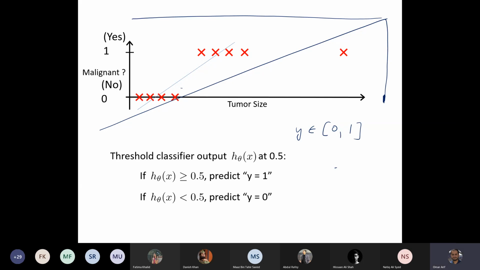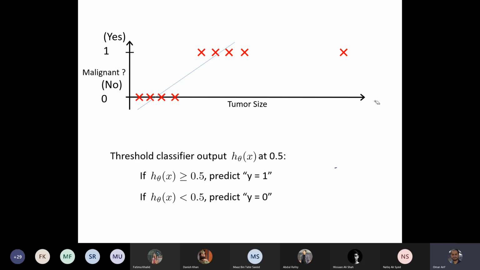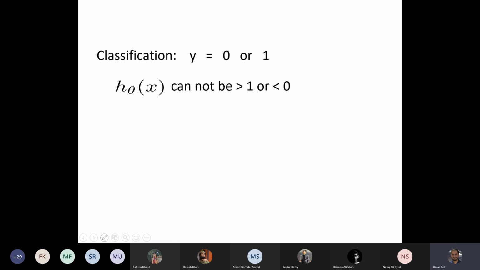So what do we need to change? We need to change the hypothesis. We want a hypothesis which gives us a value between 0 and 1. Why? Because we know the ground truth value is either 0 or 1. So the number one thing that we are going to change in linear regression is the hypothesis, in such a way that we will get values between 0 and